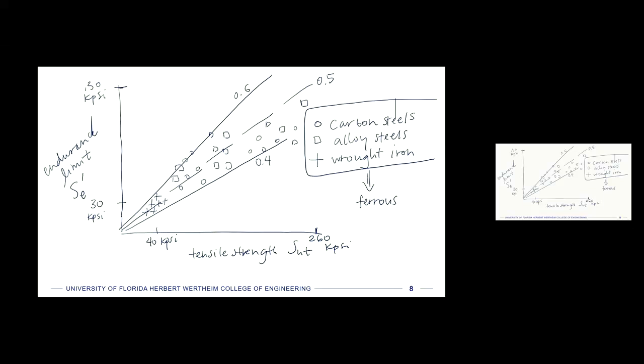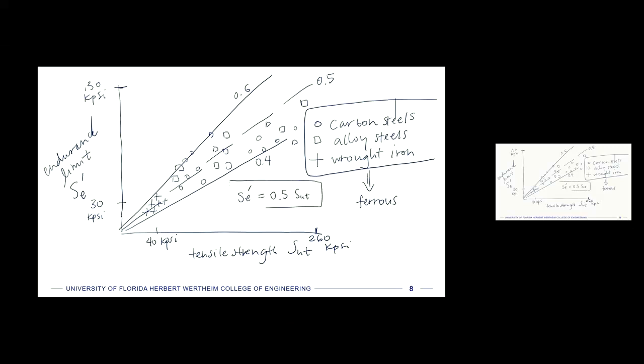Those are not bad estimates, especially if these tests are done and you find that they fall along one of those extremes. That's fine. But the rule of thumb that we're going to use is that the endurance limit